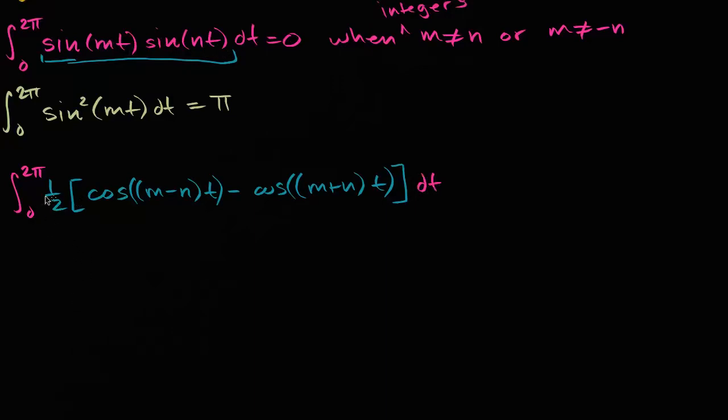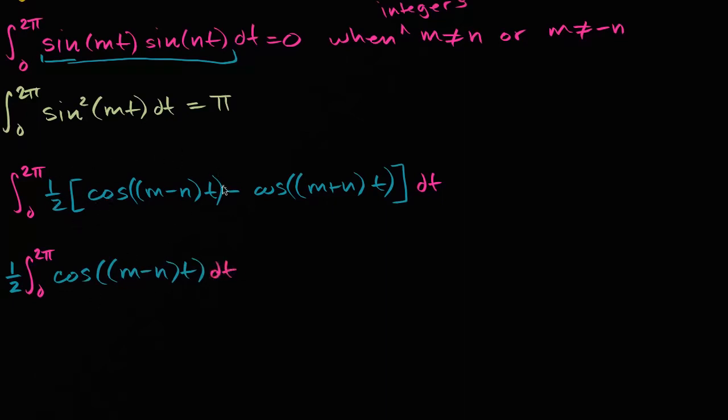Now, if we use some of our integration properties, we can rewrite all of this as being the integral from 0 to 2 pi. In fact, we could put that 1/2 out front twice. I'm going to write this as the difference of two definite integrals. So we could have this 1/2 times the definite integral from 0 to 2 pi of cosine of (m minus n)t dt